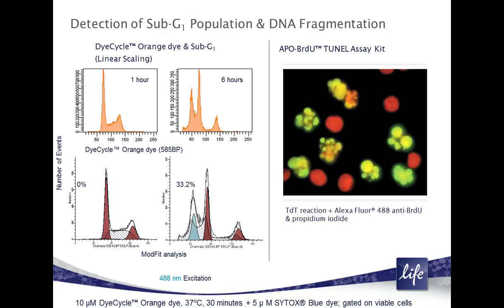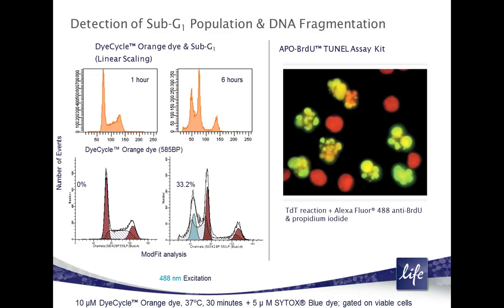In a classic assay, cells are fixed and permeabilized, treated with RNase, and then stained with PI. However, we have stained intact cells here with the Vybrant DyeCycle Orange stain and then used a traditional viability dye to pull out necrotic cells. The right-hand histograms show Jurkat cells which have been treated with camptothecin for 6 hours and then labeled with the DyeCycle stain and with SYTOX Blue as a